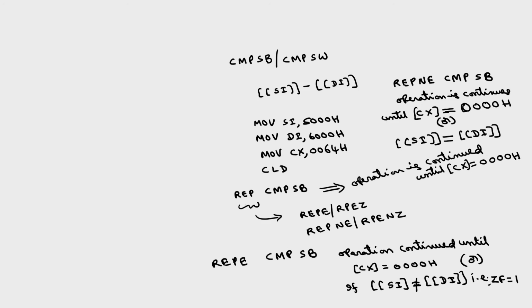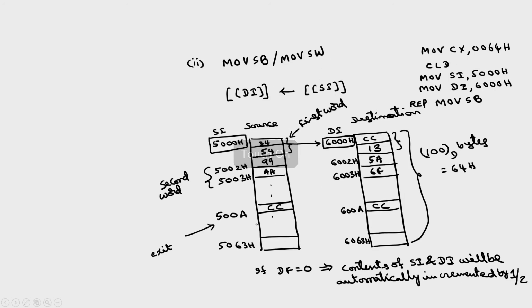There are three prefixes: repeat, repeat equal, repeat not equal. This is for the byte. Similarly, we have it for the word also. The only difference is a word will be compared. So we will take a word, which is 5000 and 5001H, 6061H, a word will be compared, 16-bit data, and if